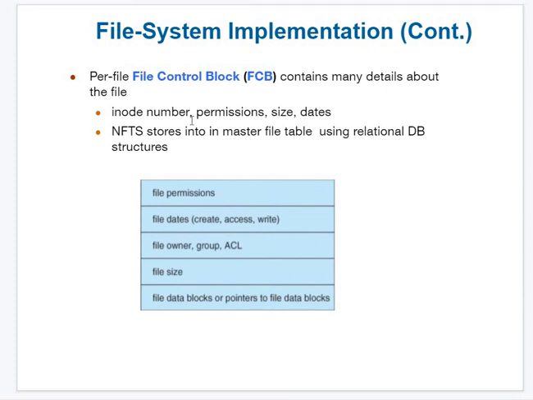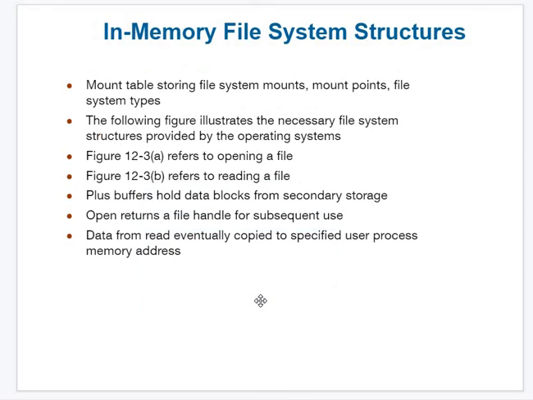Now, how many files are required per process is also maintained in the FCB, the file control block. You can see here the file permissions, the file date when it was created, accessed, written, who all the users are, the file size, and how many data pointers there are to use, access, close, create, etc. This complete information is there in the FCB. As I told you, the in-memory file system will have all these options. There are some diagrams which I'm going to show in the upcoming classes.